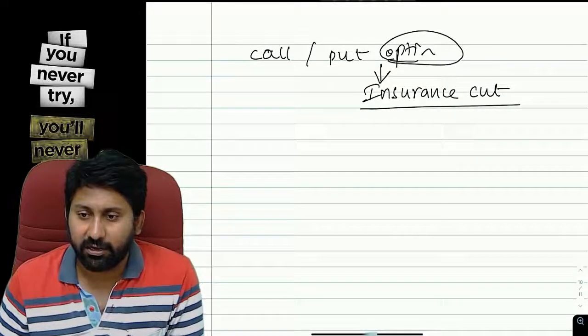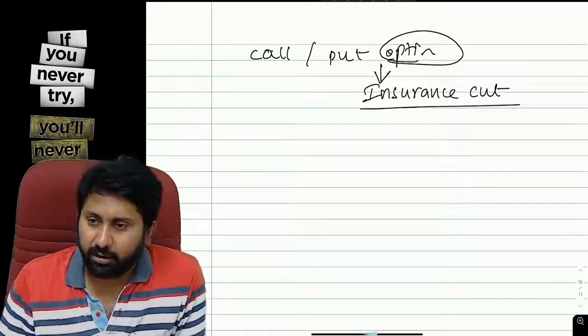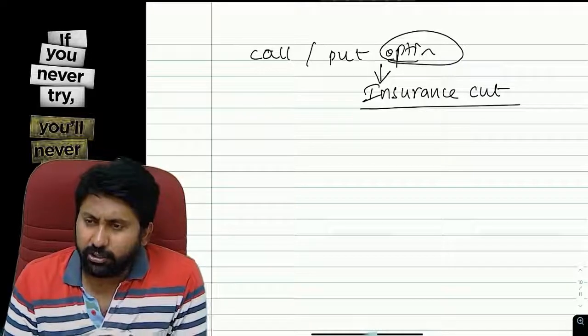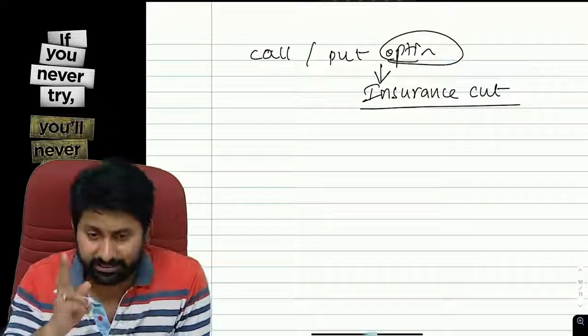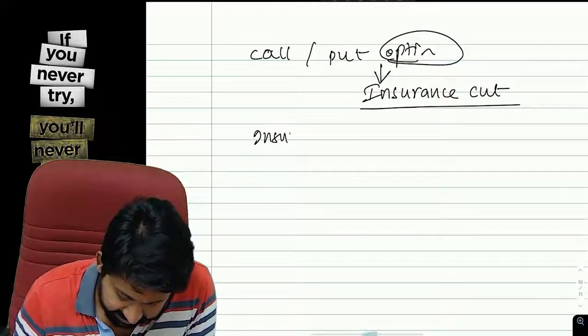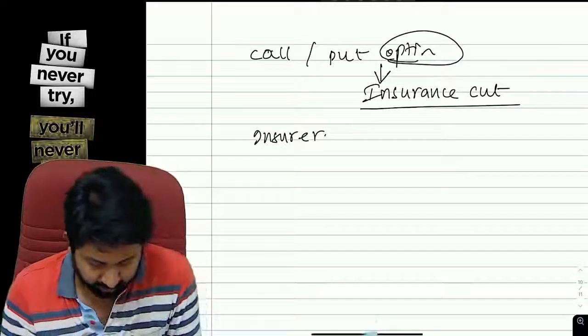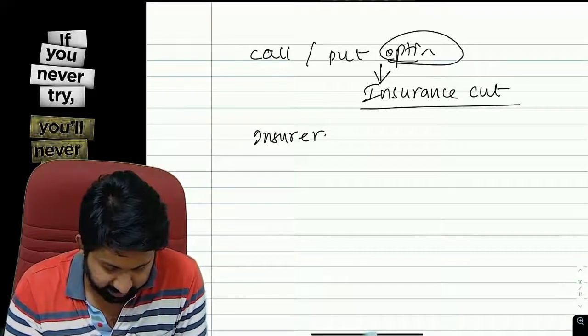What does it mean? In an insurance contract there are two persons. One person is called the insurer. Another person will be called